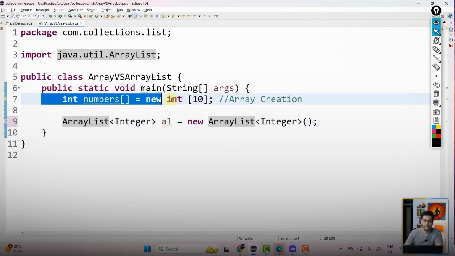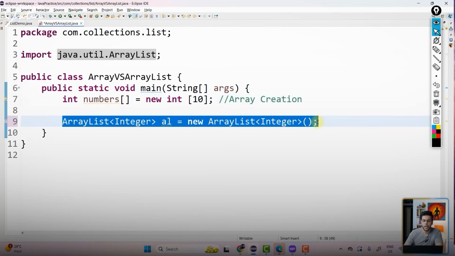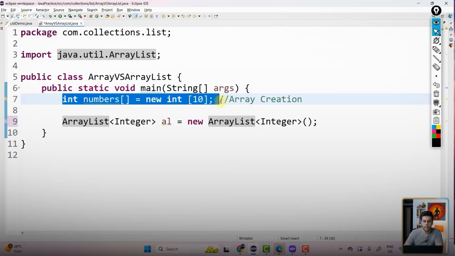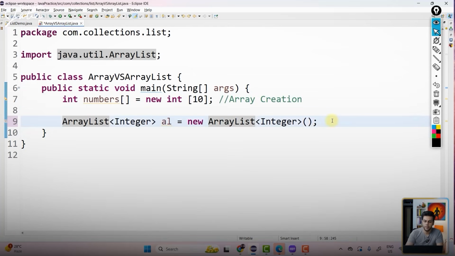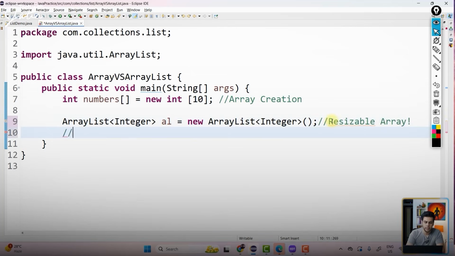This is how the declaration happens for an array list. This is how you declare an array. Is this part clear to everyone? This is the resizable array, this is my array list of Integer. Can I go ahead?